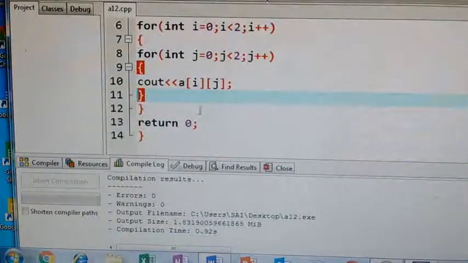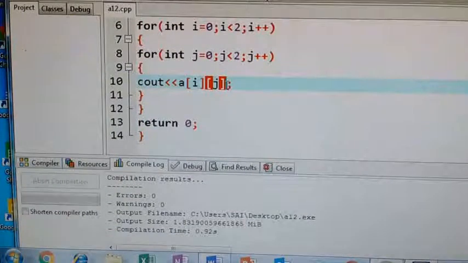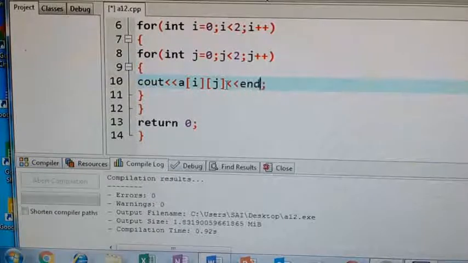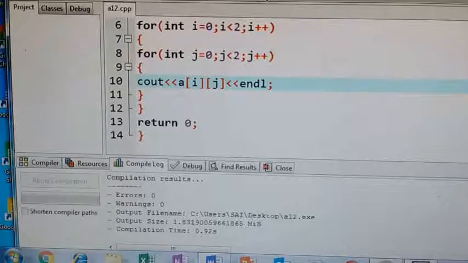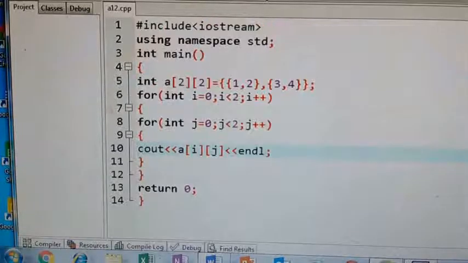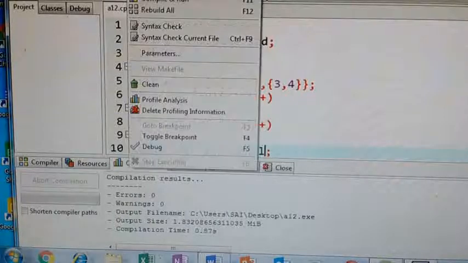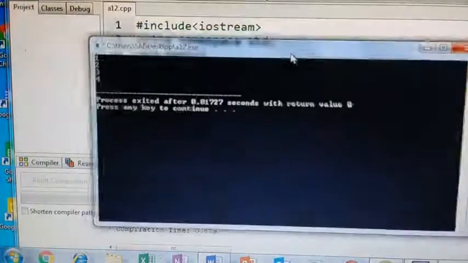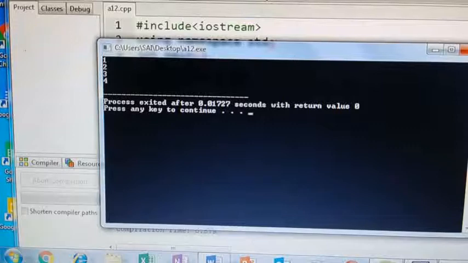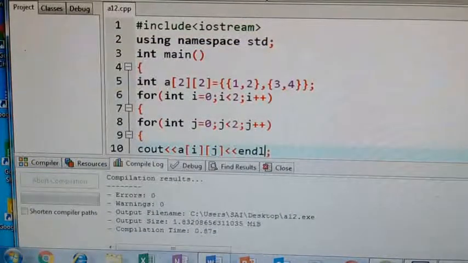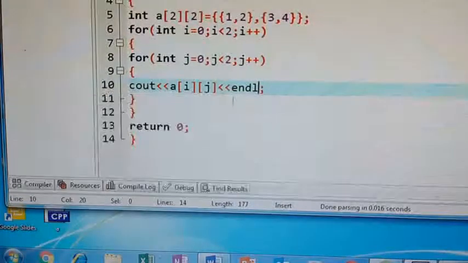Here I will give an endl so that you will get clarity. Execute, compile. No errors. Execute, run. See, 4 elements. So in this, the concept we are using is 2 loops.